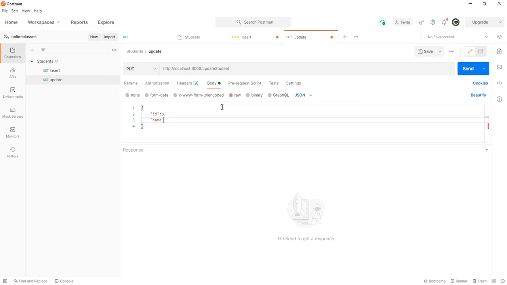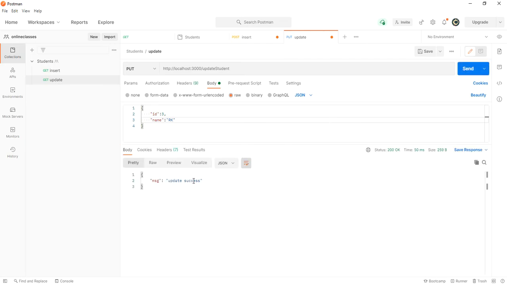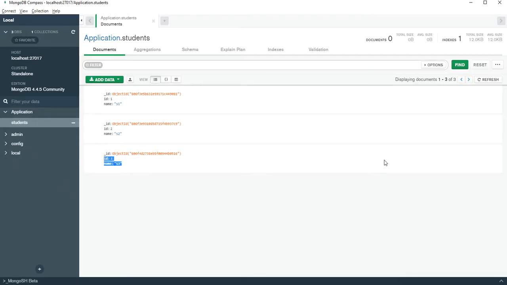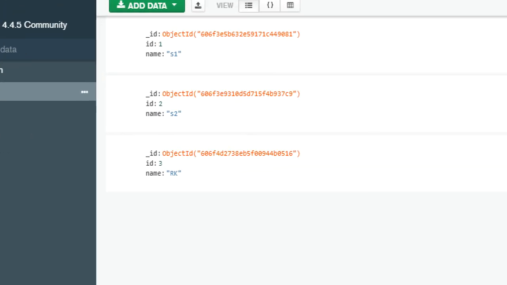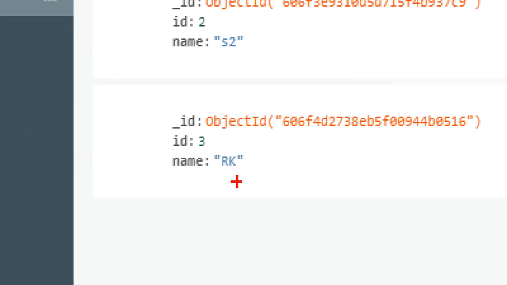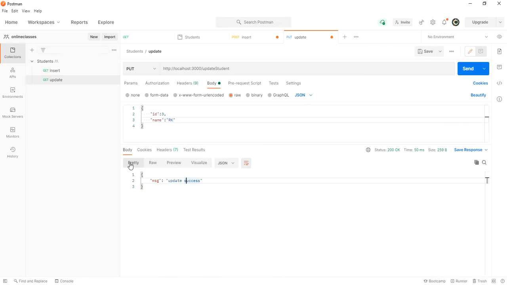Name updation, name colon, what is the value, sir? RK. So everything is ready. Let us send. Update success. Awesome. Go to your database, refresh. See, sir, earlier we inserted S3. Right now you can see what the value is? RK. The value is updated.